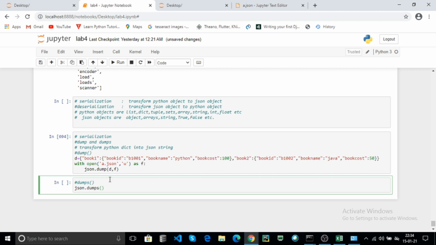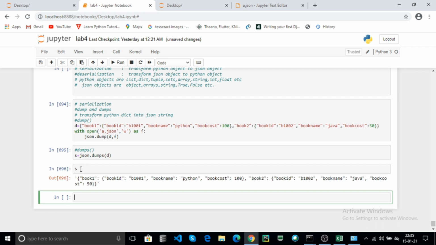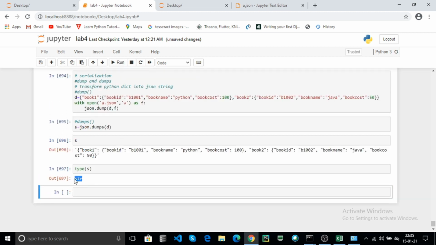You can directly pass the Python object and after converting to a JSON object it returns the JSON object. Now store the JSON object in some variable, for example s. Now click on run. Here s contains the JSON string. You can also check the type of s. Here this is str.